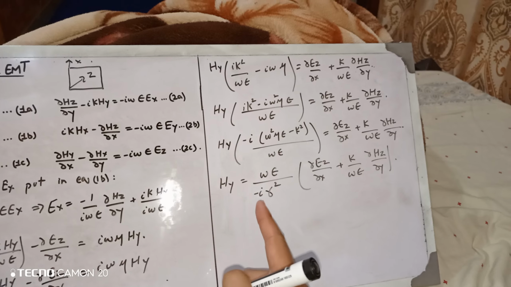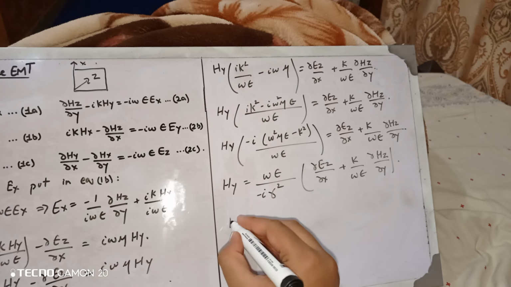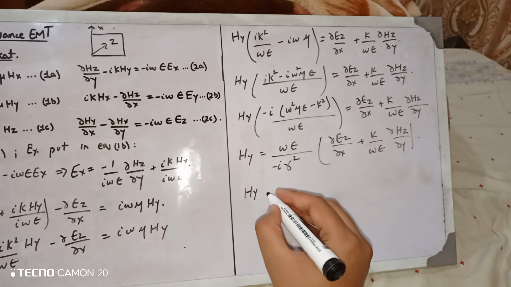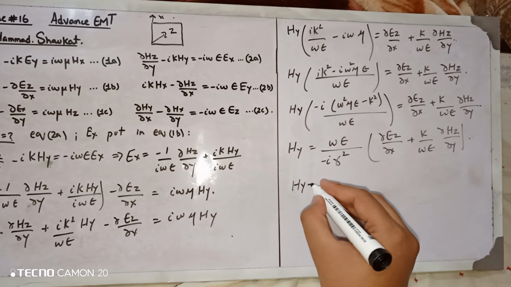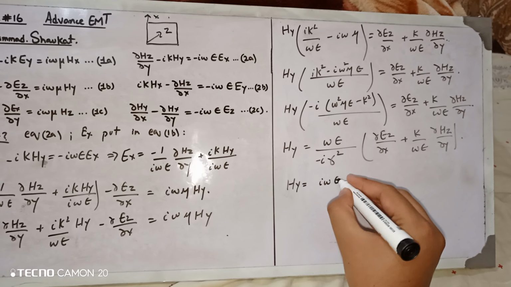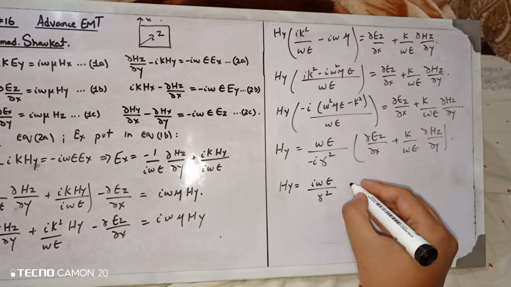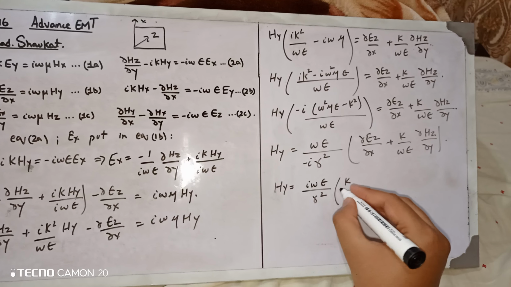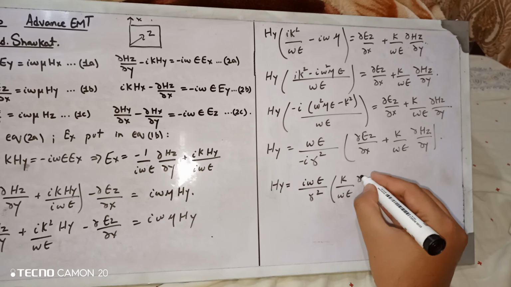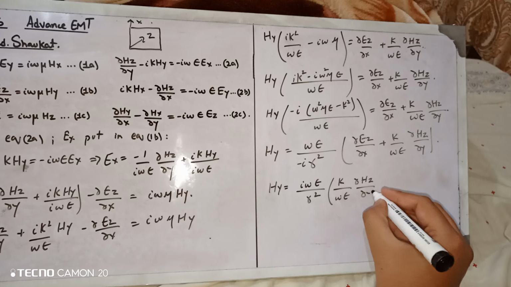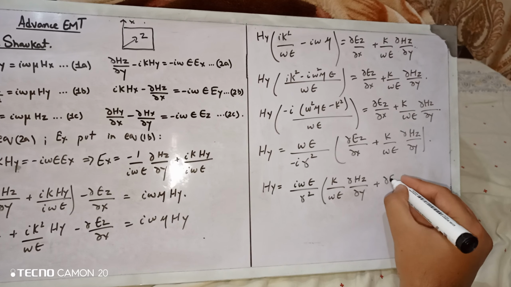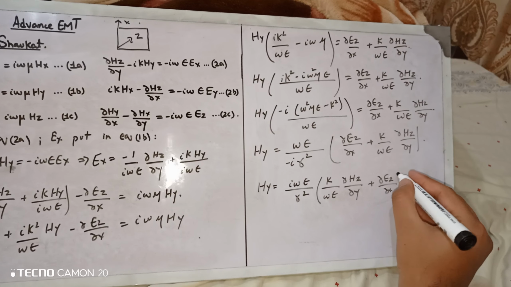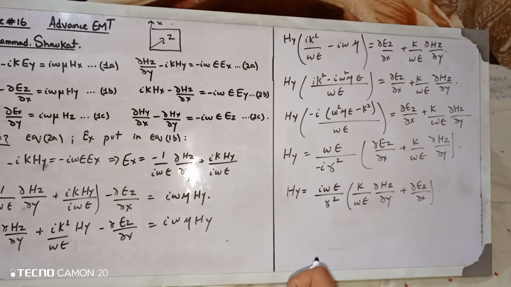Okay, and once this iota comes upside, your final expression for Hy can be written as iota omega epsilon divided by r square multiplied by k divided by omega epsilon partial Hz by partial y plus partial Ez by partial x. So this is your final